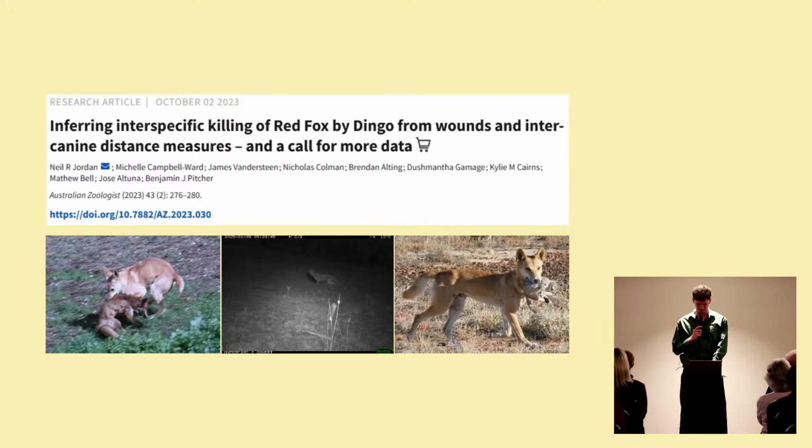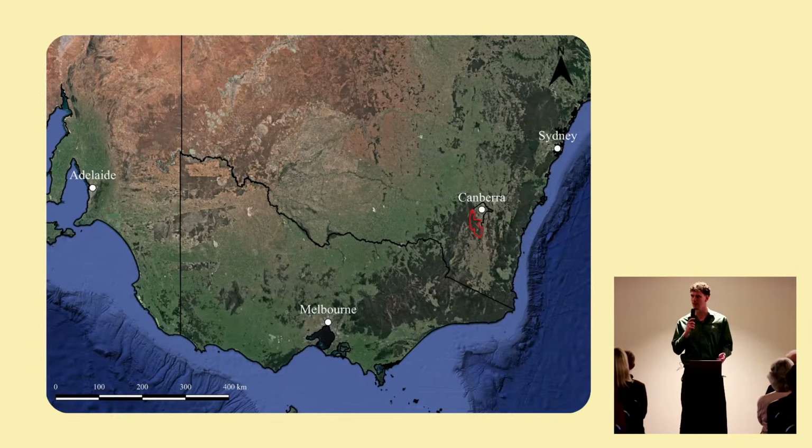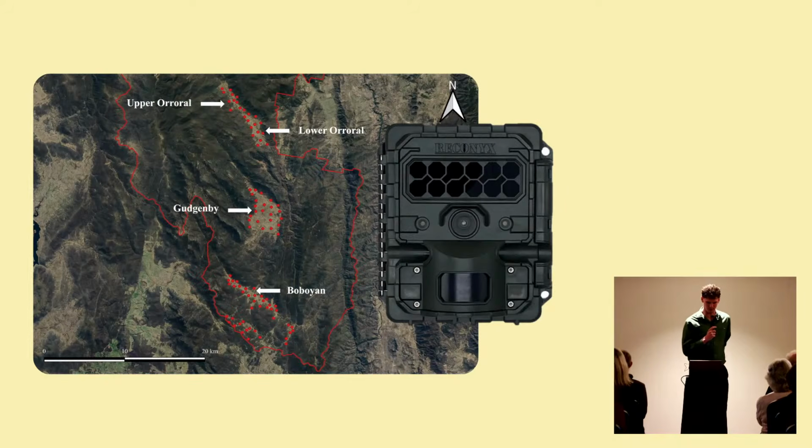So for anyone not familiar, Namadgi is basically, I'm sure everyone here should know, the southern portion of the ACT. Within Namadgi, I've been working across these 4 valley sites, and they're sort of open, grassy valleys, and they're surrounded by montane and subalpine woodland and forest. Within each of these valleys, I've deployed some camera trap monitoring arrays, which are represented by these red dots. So each of those red dots is a camera trap.